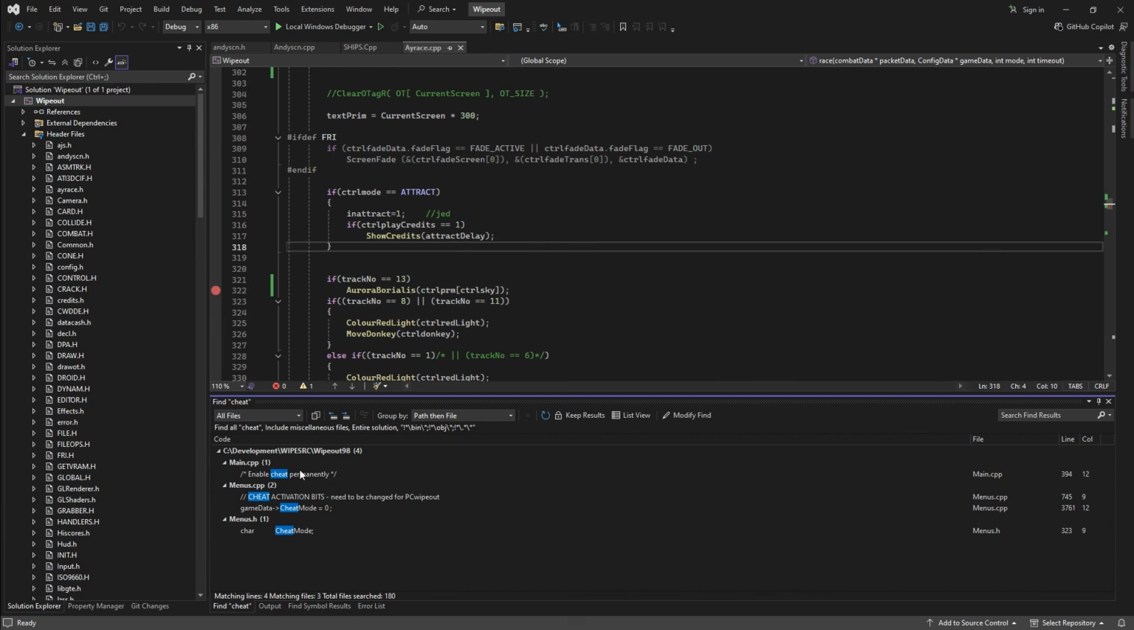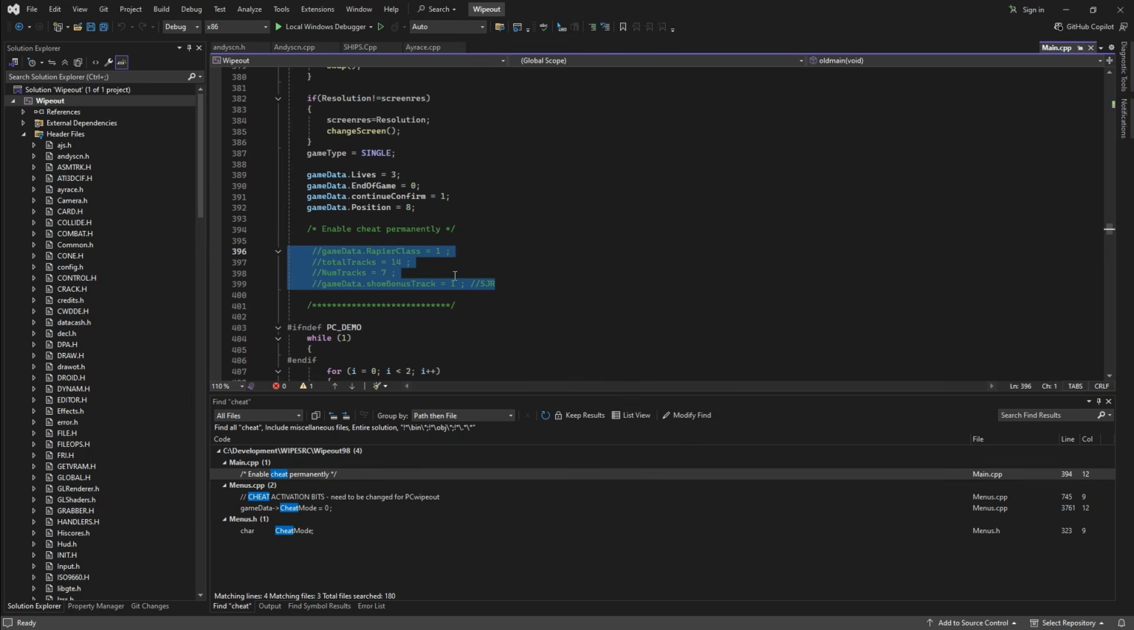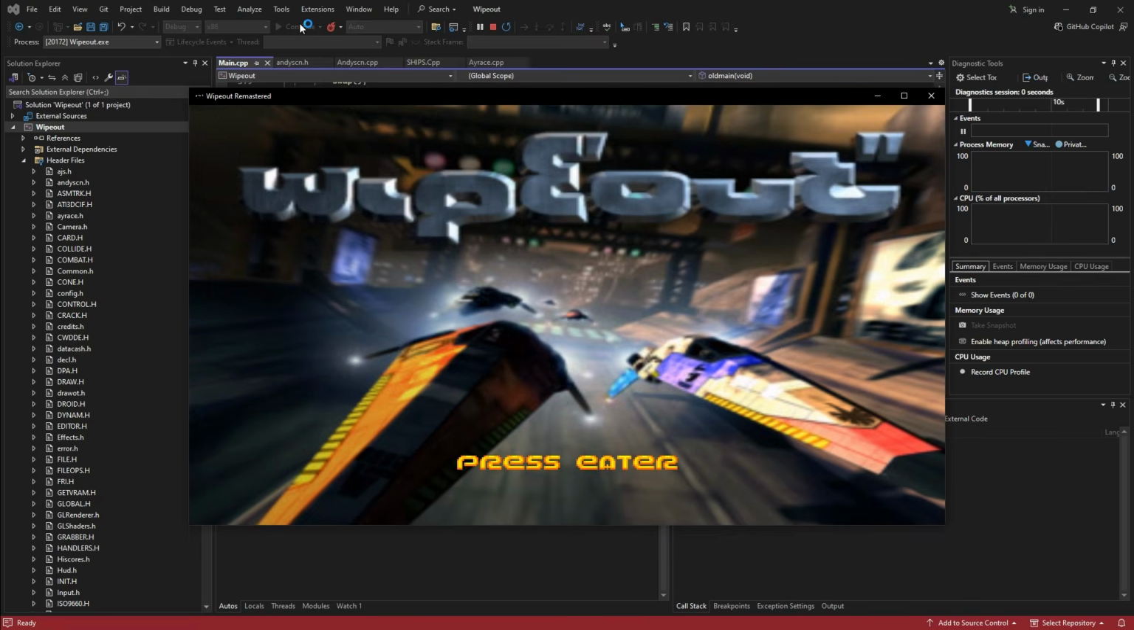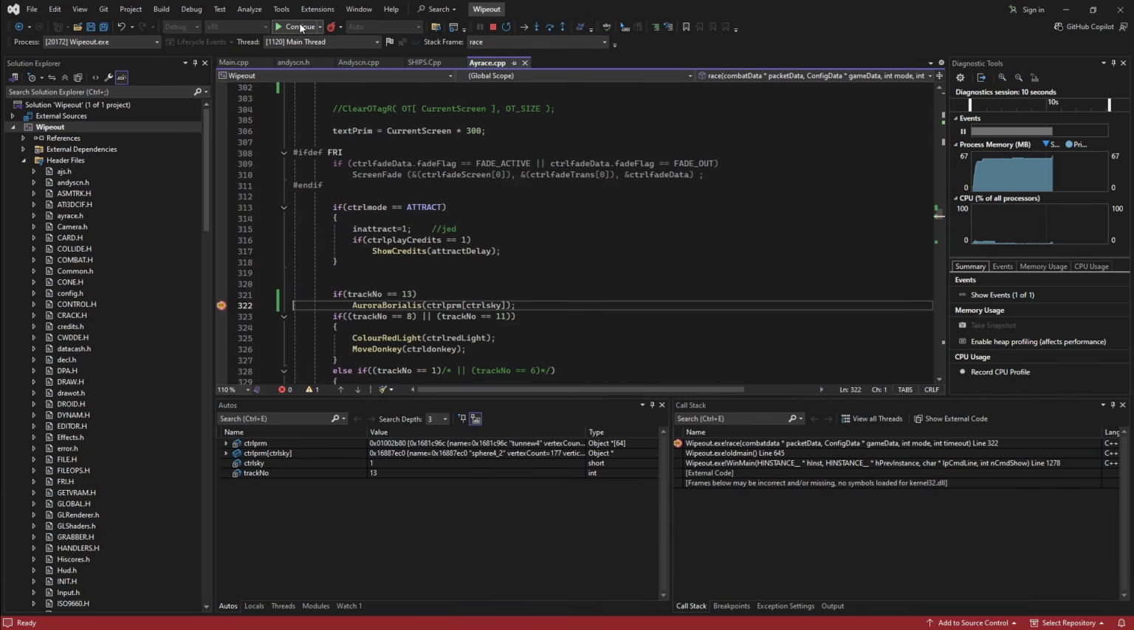We are not going to play through the entire game though, as we have the source, so we can just cheat. A quick search for the word cheat shows us this comment in main.cpp which says you can enable a cheat permanently by setting a few values. Let's uncomment the cheat and try again. Nice. The Firestar track is now also shown in the track selection menu, and we can also play in Rapier class now. Our breakpoint confirms that track number 13 is Silverstream in Rapier class,